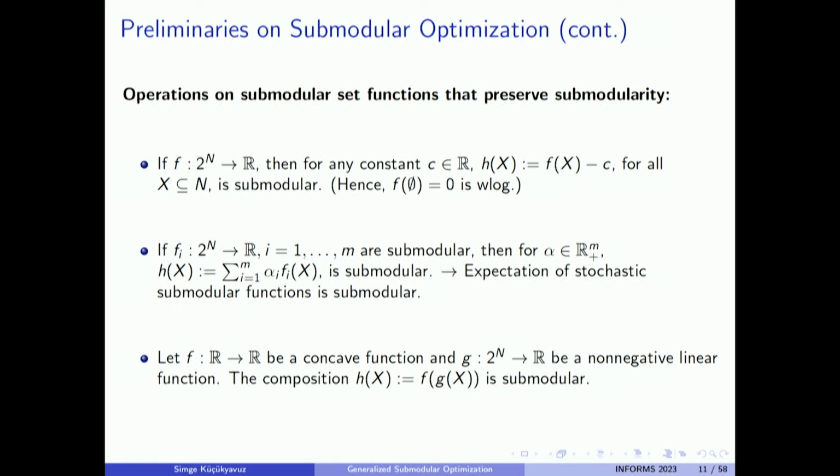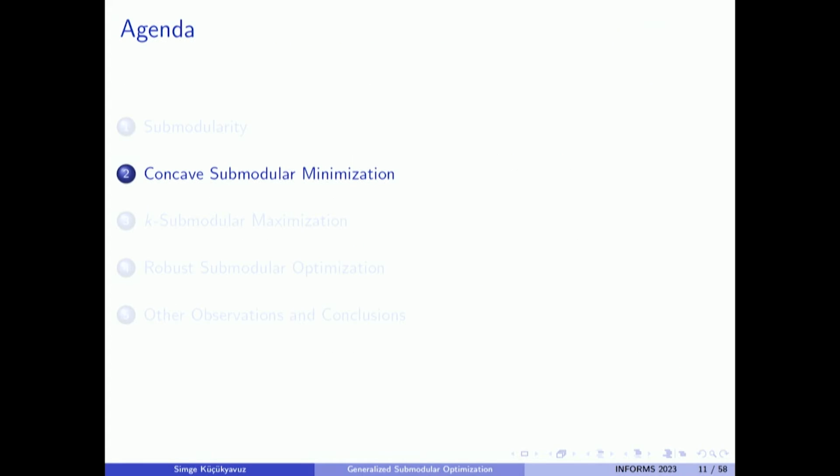And another thing I will talk about in the first part of my talk: f is a concave function and g is a non-negative linear function. So if you compose f and g, that will be a submodular function as well. So f is concave and g is a non-negative linear combination function of set function. This will be a submodular function as well. So this will be in the first part of my talk, which is what I refer to as concave submodular